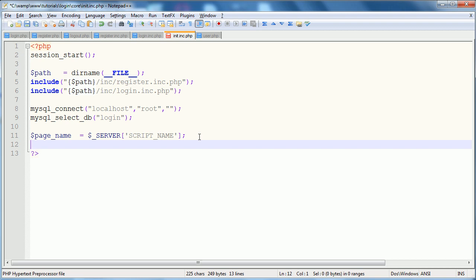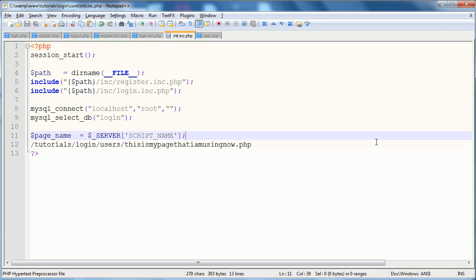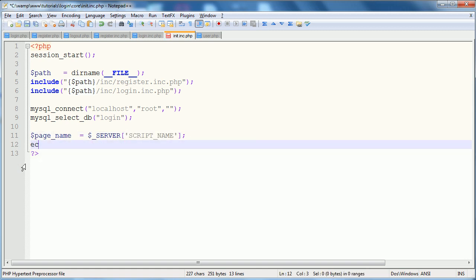What I mean by that is if you had www.website.com/tutorials/login/users/ this is my page that I am using now.php, it would give you this piece right here. And so that's what that variable is equal to. I'll echo it out in a real example so that you can see. So I'll echo page name